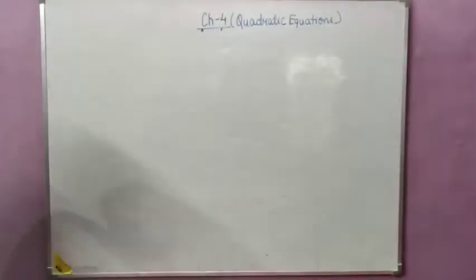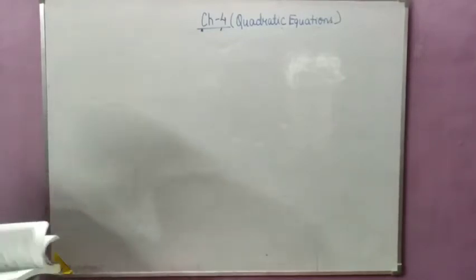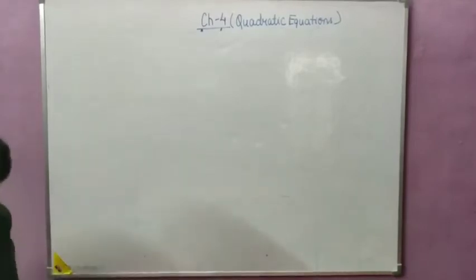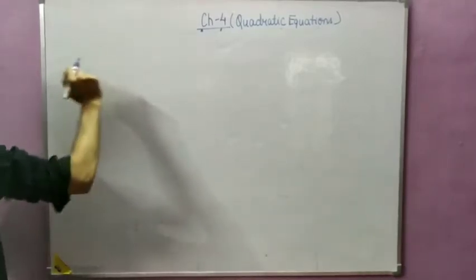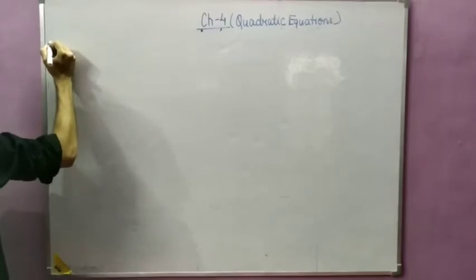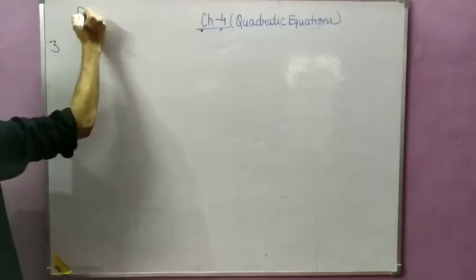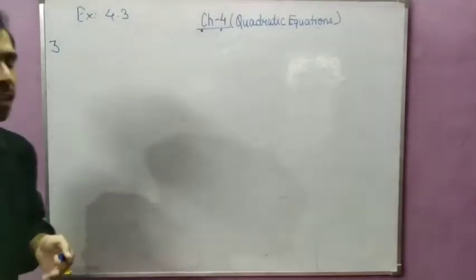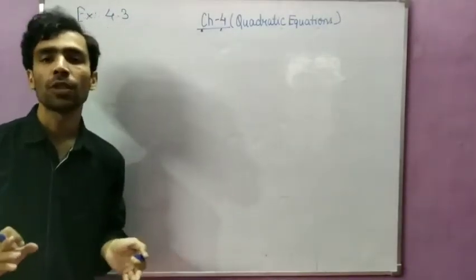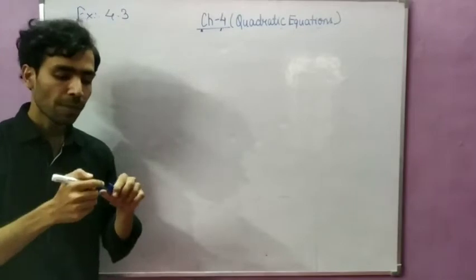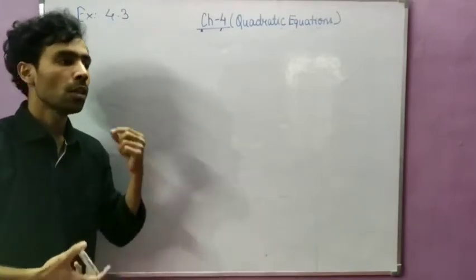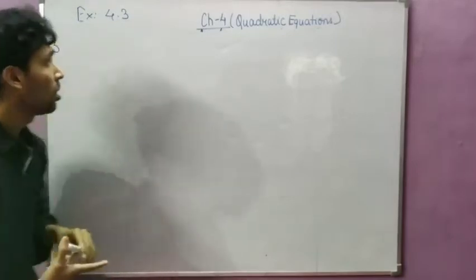One question is also given in the NCERT exercise book. It is question number 3 of your exercise 4.3. Question number 1 and question number 2 I have already explained, student. You can solve them by yourself. Question number 1 is based on the completing the square method. Question number 2 is based on the quadratic formula, and question number 3 is this: